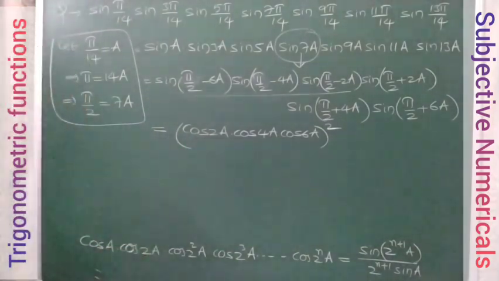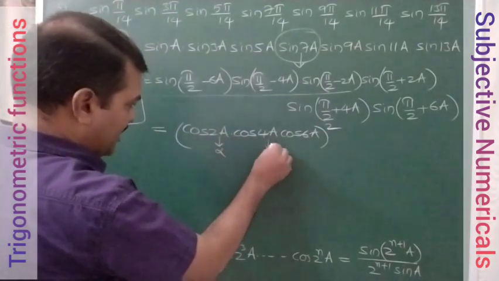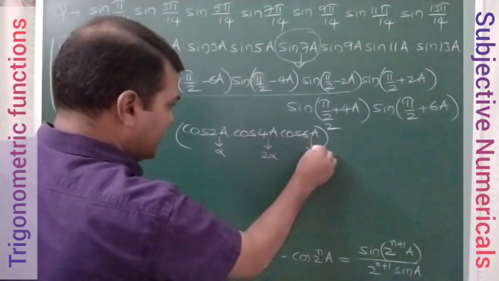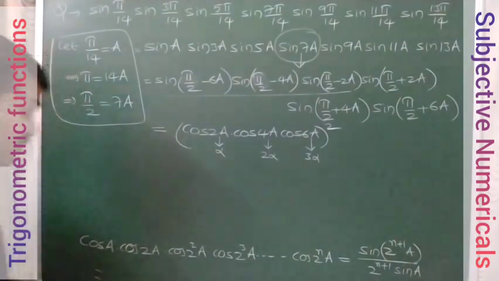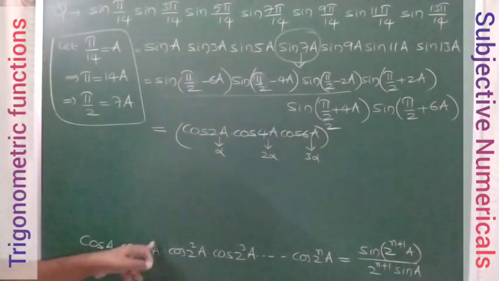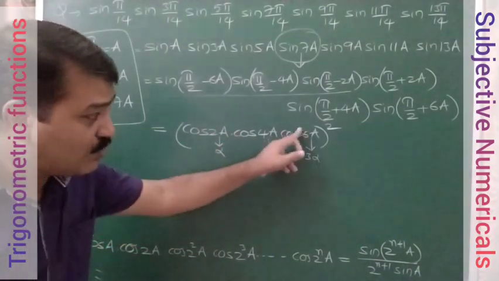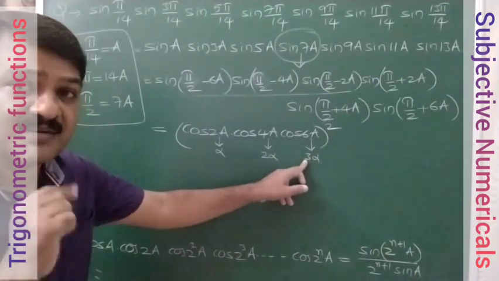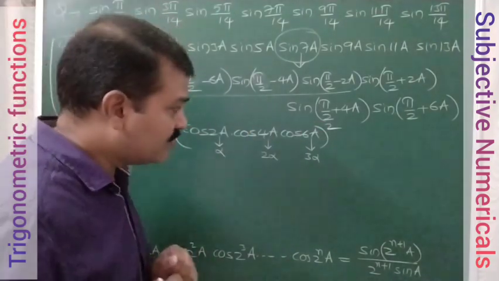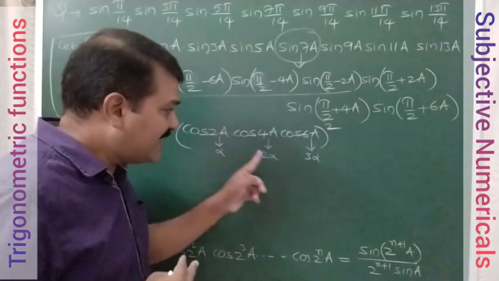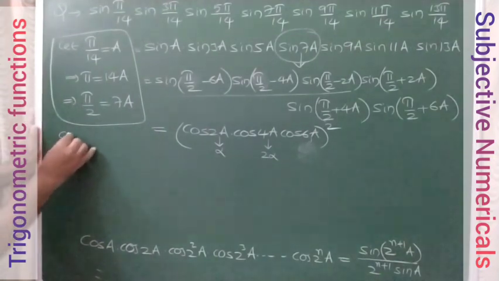Now come to the formula application. If 2a is taken as some alpha, then 4a becomes 2 alpha and 6a becomes 3 alpha. If you have it like this, you cannot apply the formula, because you need to have angles like a, 2a, 2 square a, 2 cube a, like that. So alpha, 2 alpha, 4 alpha must be there, then you can apply the formula. That means I need to modify this cos 6a. I need to check whether I can get 4 alpha here. Okay, so let me see. Cos 6a I will try to do here.